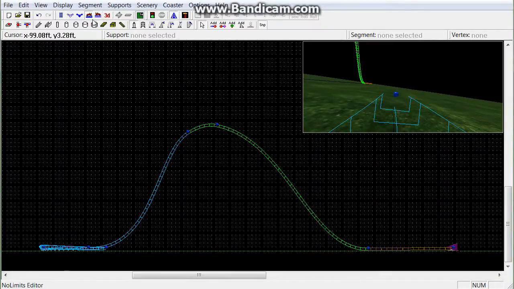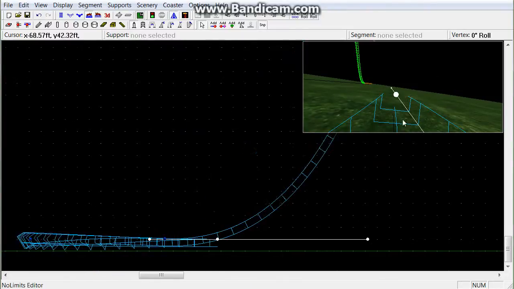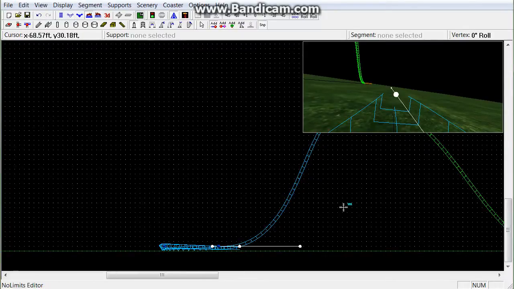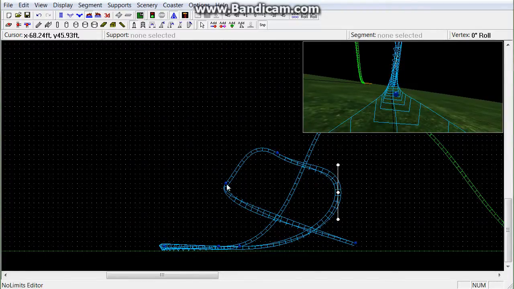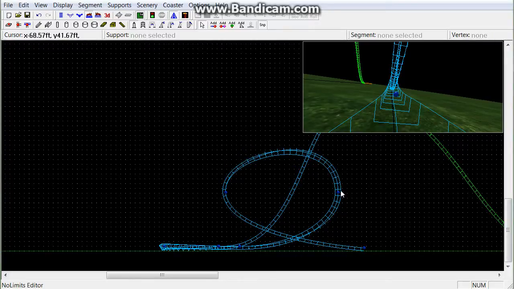What I would like to do is go into the side view for this. It doesn't matter which side you're doing, just really your preference. You gotta have the segment be track. Then you just make it a circle like that. And that's obviously not a loop. So what you need to do is get it into position. You just need to position everything. Get rid of that vertex. And then you gotta make this roll until,